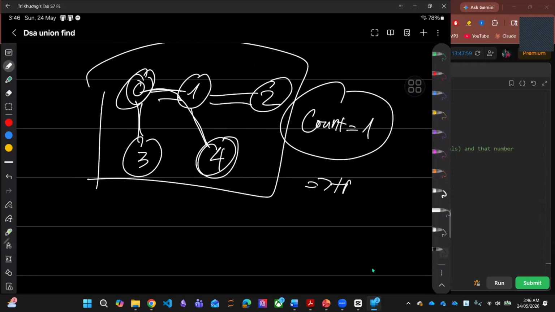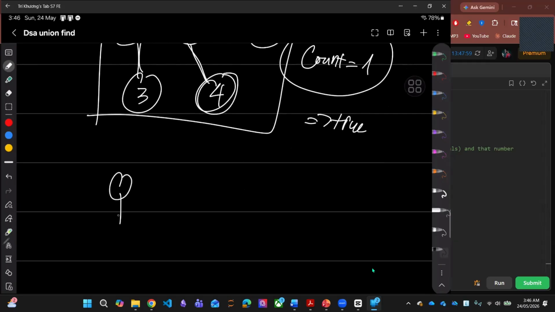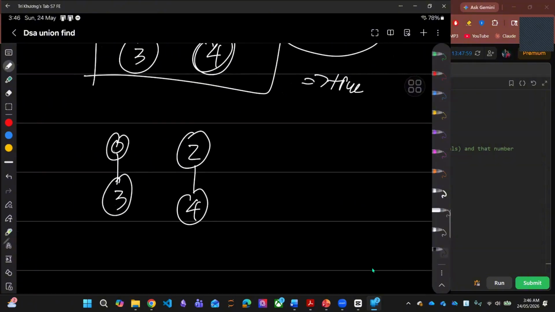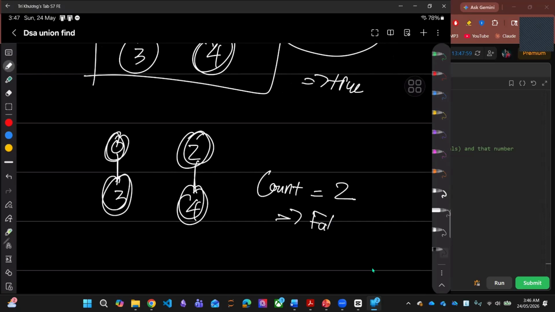So this is true. But for the case where, let's say, this is 0 and this is 3, this is 2 and this is 4, right? We can traverse from 0 to 3, but we cannot traverse from 2 to 4. So this is the case where count is equal to 2. And this is actually not the valid case, right? This is false,